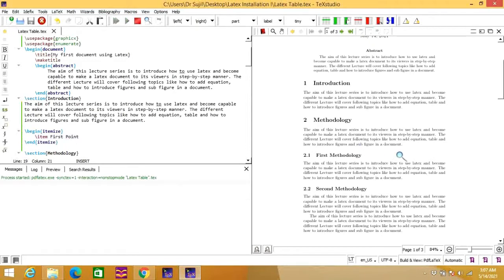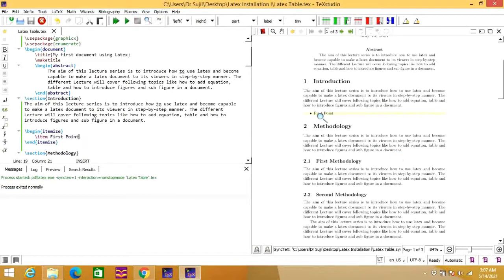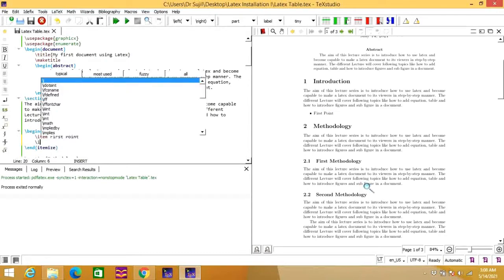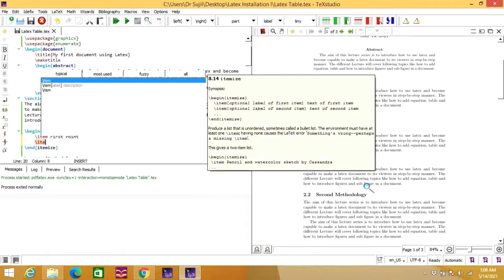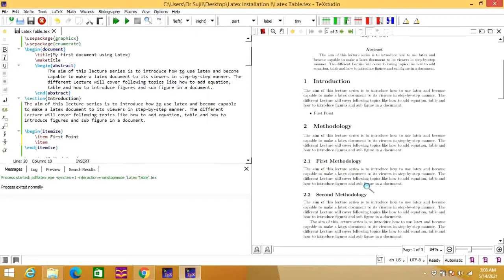Let's run this. You can see that here after the bullet, the first point that we wish to add has appeared. Now we need to add another point, so you add \item and you can write second point, then you run it.